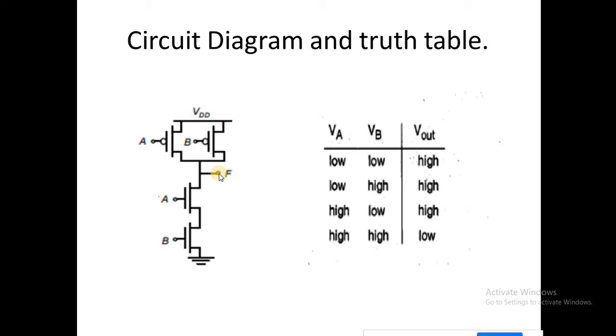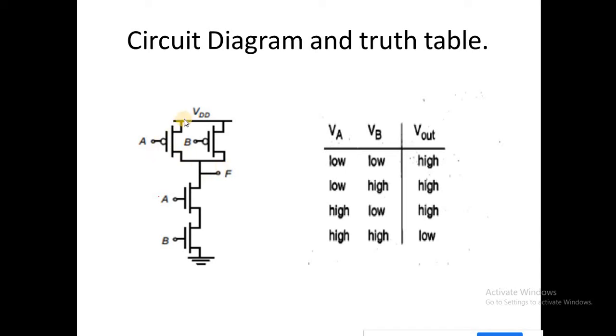Now let's discuss the operation. When you apply the low voltage, that is 0 volt, on gates A and B, then what happens? As you know, at 0 volt the PMOS are closed. So this path is available, or this path is also available, to flow this higher potential voltage. So at that time, when both A and B have low potential, the output is high.